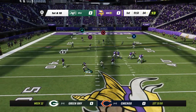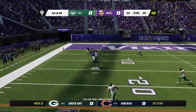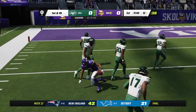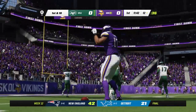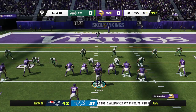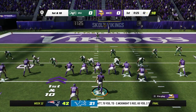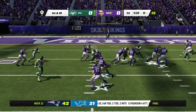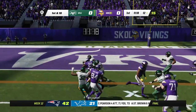Operating from the gun, Dawson. And here is a leaping catch. He pulled it in. A well-executed 22-yard gain. Really been an ideal start for them. They get the turnover on the opening possession. Now here they are moving the ball straight down the field on their first drive. And that feels good, but you know on their side of the field all they're thinking is finish the...